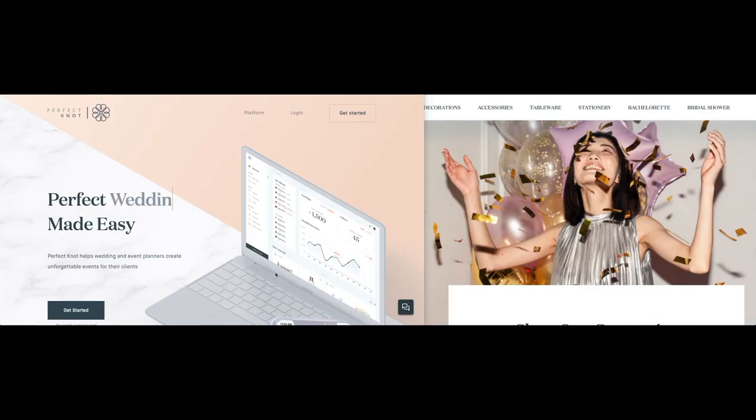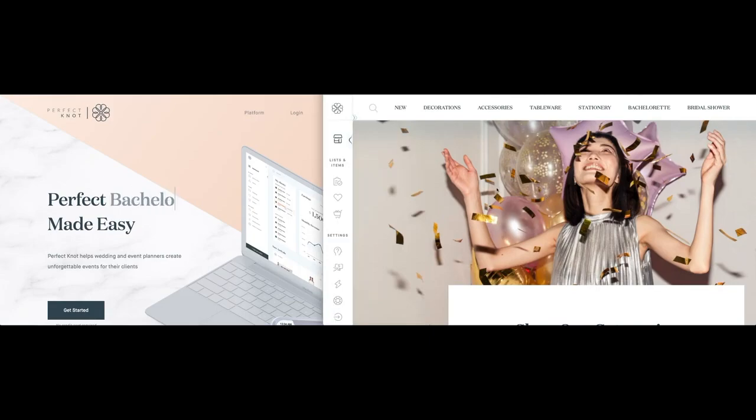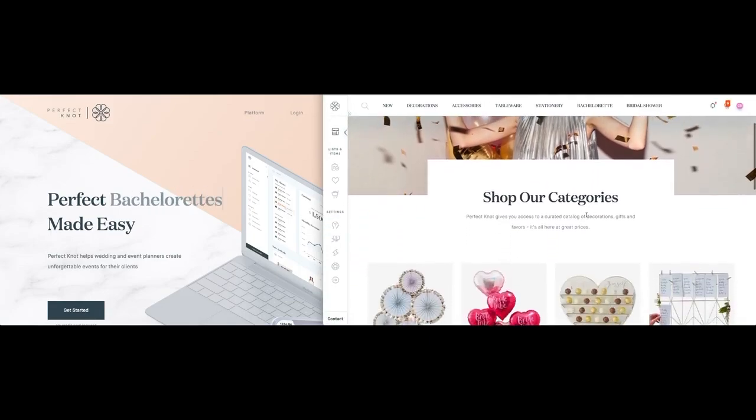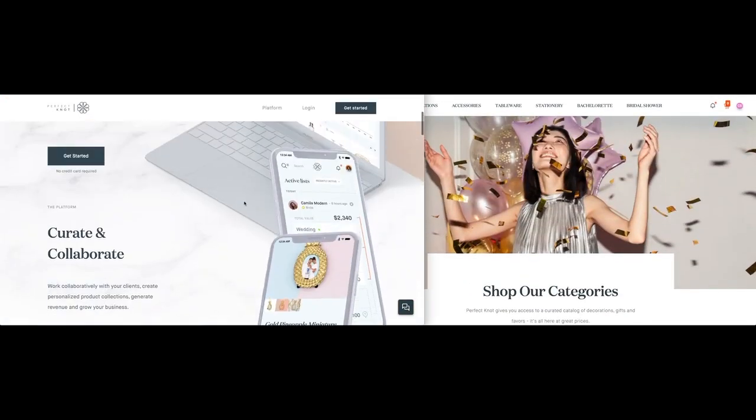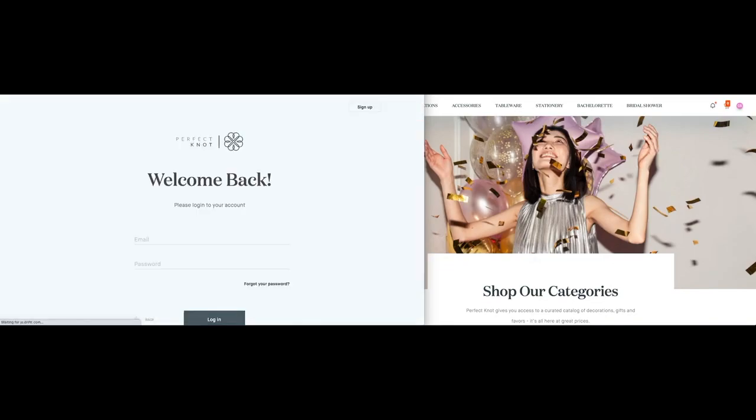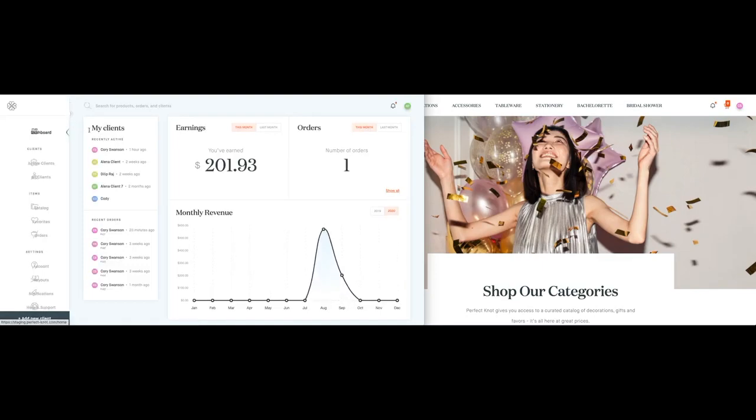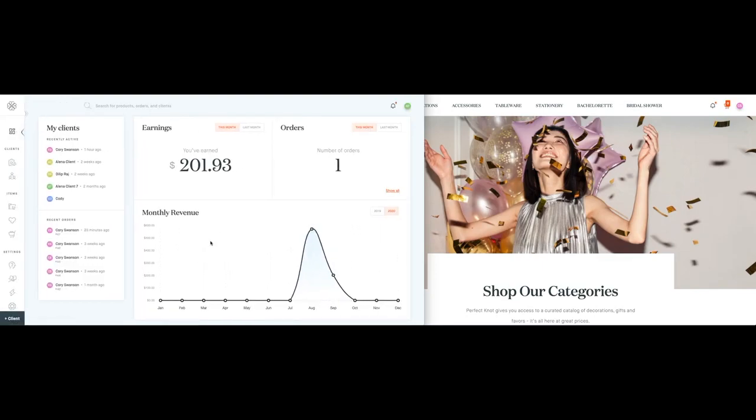I'll do the demo in two separate views. On the left-hand side is the planner view. On the right-hand side, we've already logged in here as a client. So let's log in here as a planner. So the first view or the first tab that you'll see when you log in as a planner is the